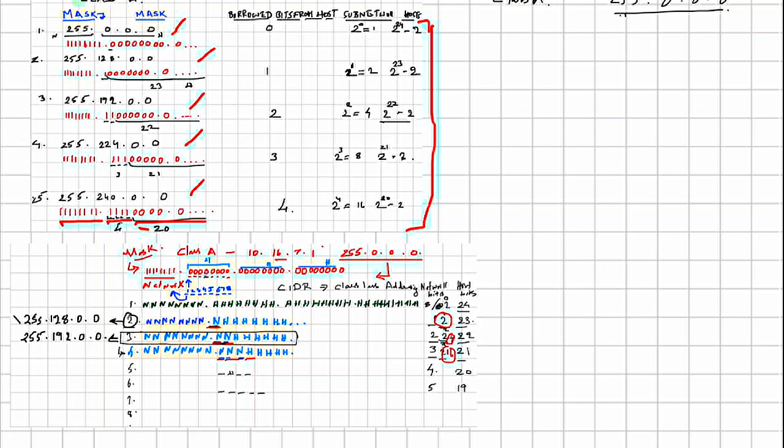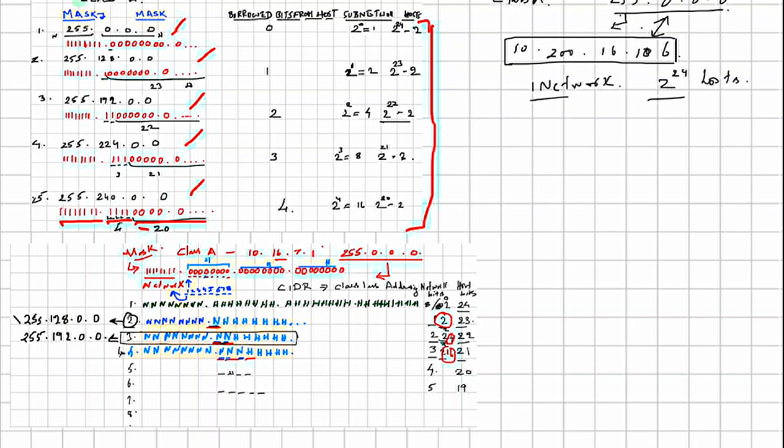So with this subnet mask, take any IP address within it, for example 10.200.16.106. With this default subnet value, only one network is possible, and the total number of hosts is 2 power 24, adding the 8 bits and 8 bits and 8 bits. This is a very large number of hosts, and only one network is possible.